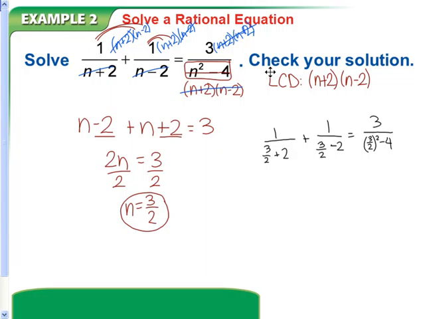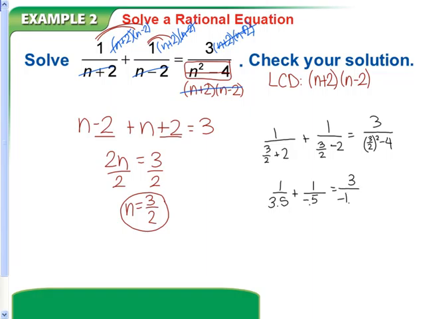So do 3/2 plus 2, and so you get 1 over 3.5. We'll just use decimals because we're just checking. That's all right. 3/2 minus 2 is negative 0.5. And then make sure you use parentheses here. So 3/2 squared minus 4